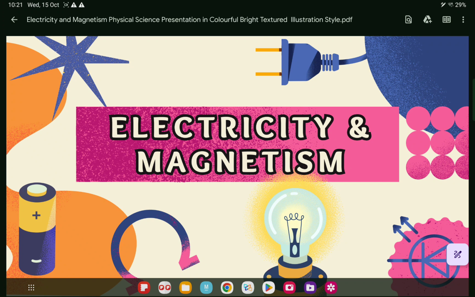You might have heard of this word current, electric shock. You might have experienced that somebody, maybe your parents or your elders, say, "Don't put your finger into the socket. You might get an electric shock." So, what exactly is electric shock? What are the factors that are responsible for electric shock and electricity? Whenever we say we don't have electricity in our house, what does that mean? What does the word electricity represent?